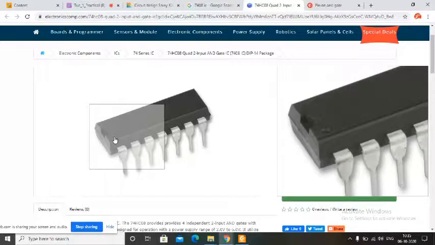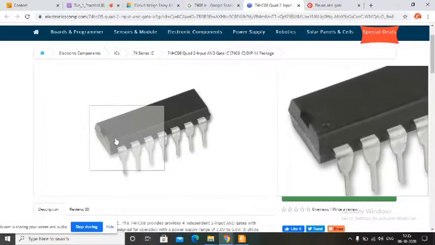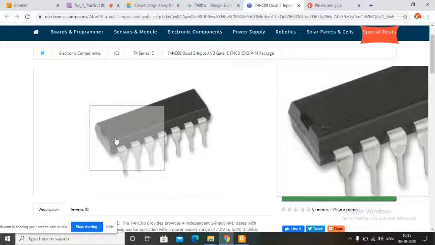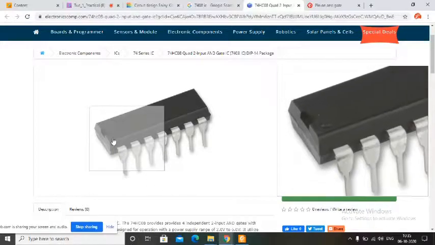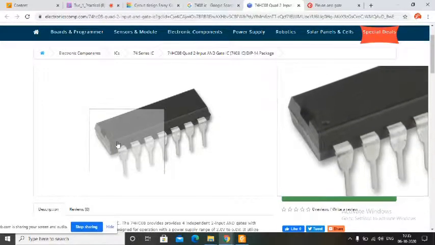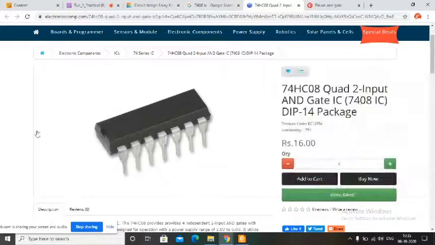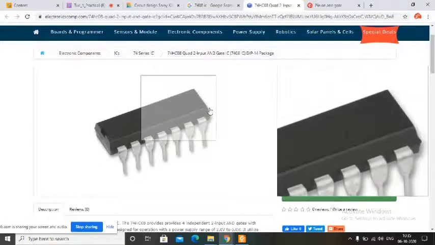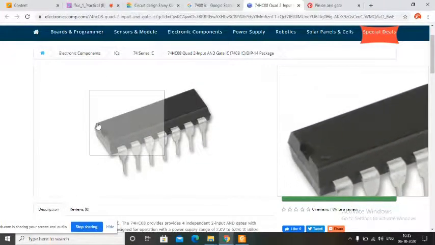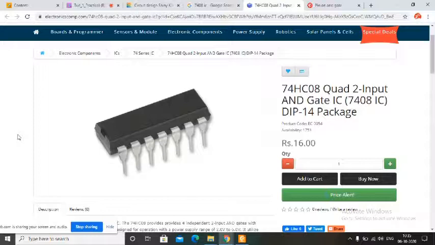It is basically for identification that this is pin number one, because there are four sides of the IC. How will we come to know which one is the first pin? It is given nearer to pin number one. There is one side, second side, third side, and fourth side, and from all the sides it will look similar, so we identify it with the help of this notch, so that this is pin number one.